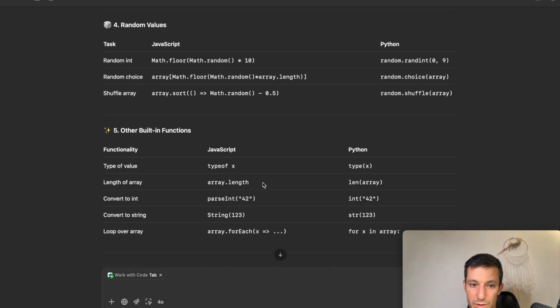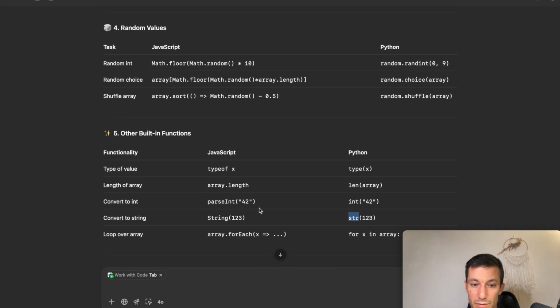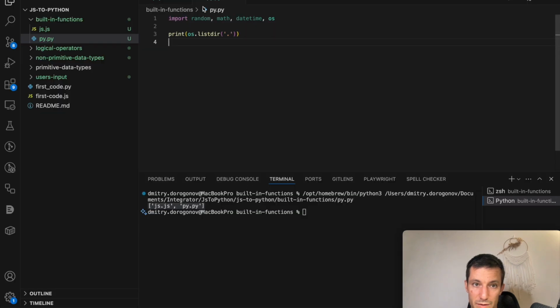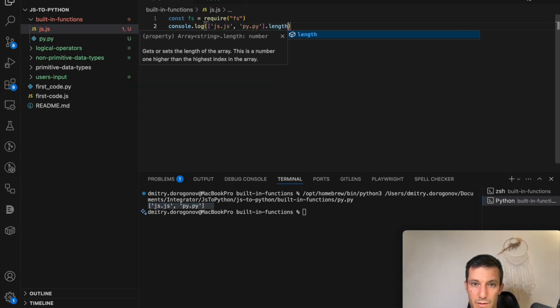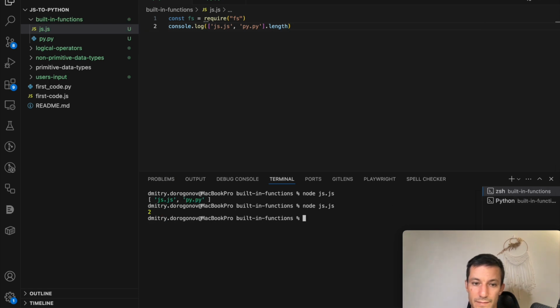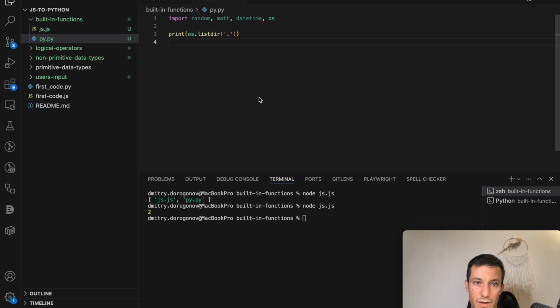So for example, like array length is longer than just length, or like type, integer, string. So let's try something from this. For example, yeah, very simple length. Okay, let's have this array and check its length. So like this. Okay, yeah, length is 2, and the same we will do here. So len,